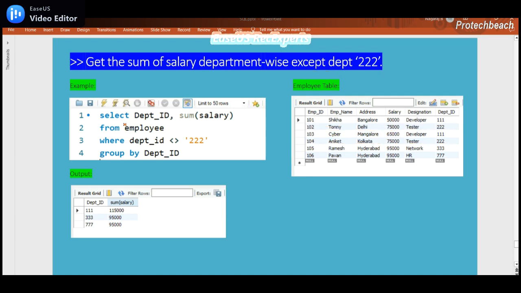Very simple. Select department ID, because I need to differentiate which department each row belongs to, and the sum of the salary. The salary summation is required, right? So sum of salary from the employee table,